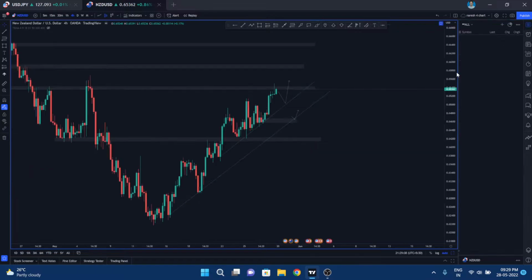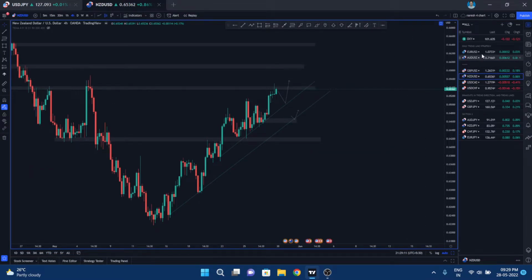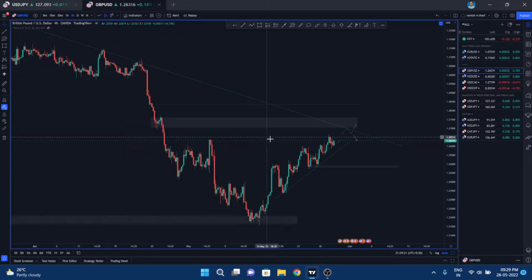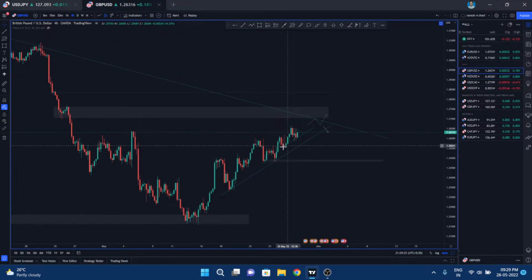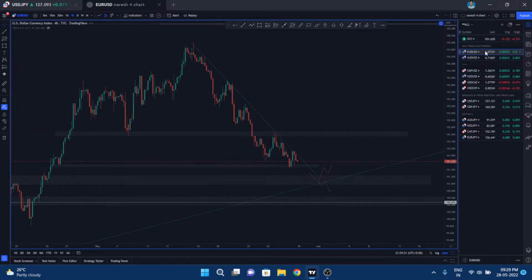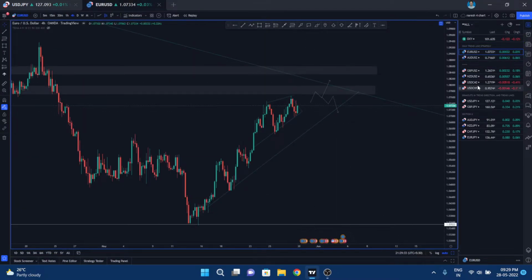So if you want to short a USD correlated pair, you can go for EUR USD, guys. It is comparatively good compared to GBP USD, and in GBP USD also you can look for short entries because it is not moving that powerfully. If it is breaking down, like if Dixie became bullish, you can look for short entries in EUR USD and GBP USD. So that would be a better option, guys.